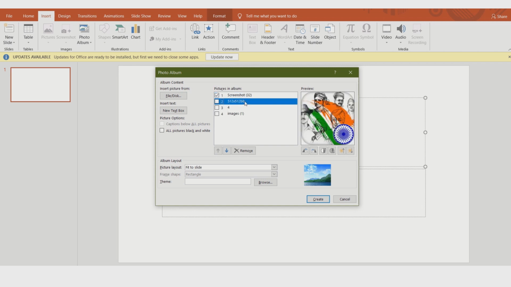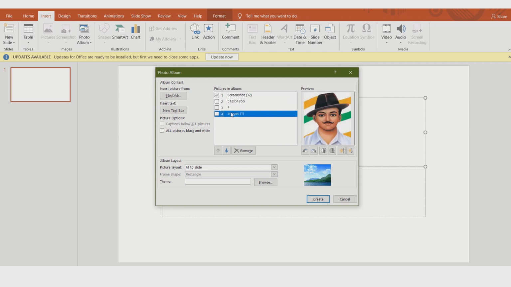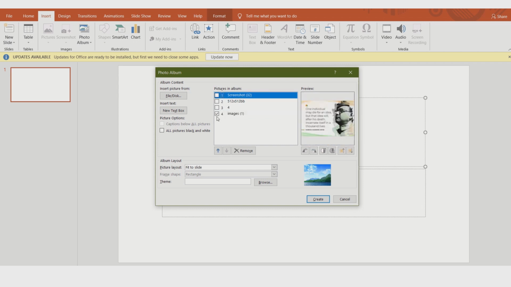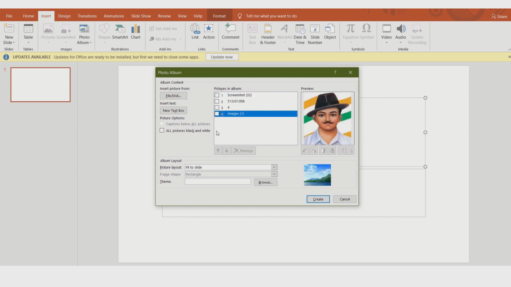Next, suppose another one. This one I want to keep in the second position. So first deselect this and select your desired photo, then move it upward.